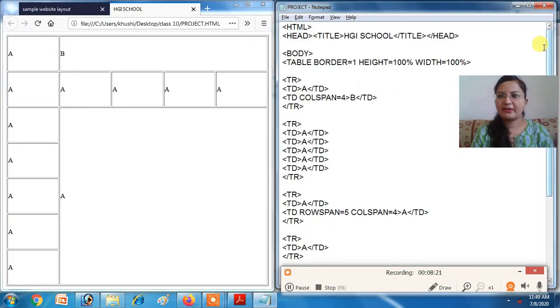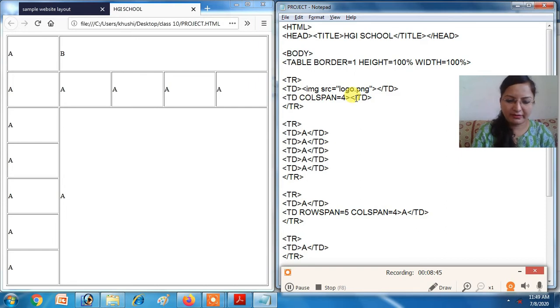Let's complete the code now. In the first row there was an image, src equals to logo.png. Now here we have to write Edge International School.